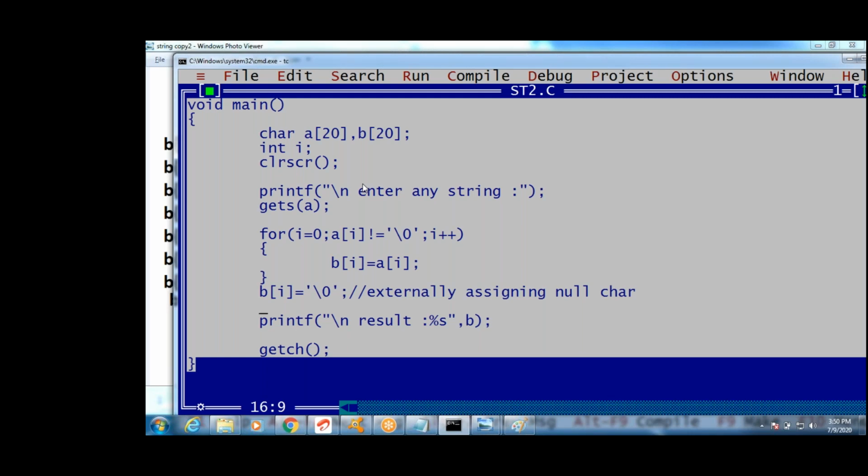Complete the program. Draw this diagram.